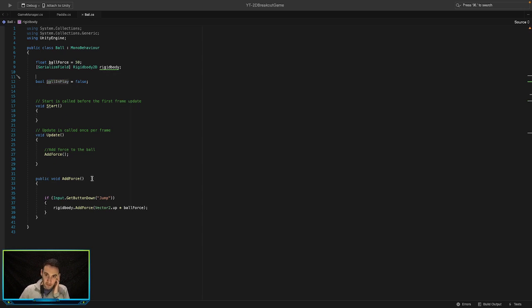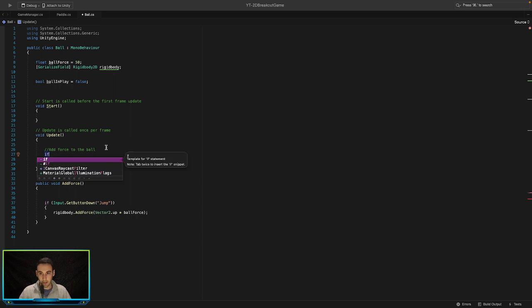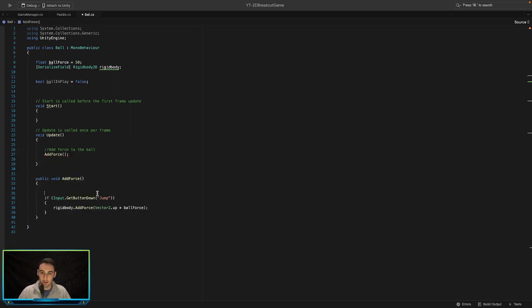So what we want to do is to add force, we first want to check if, okay, we can also do this in here. So let's go if ball is in play, not ball force, if ball is in play,